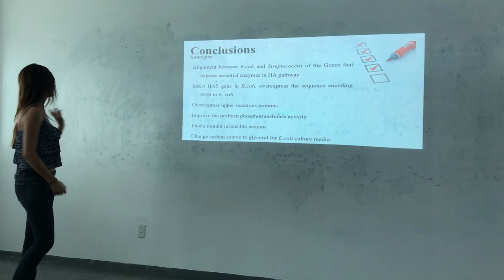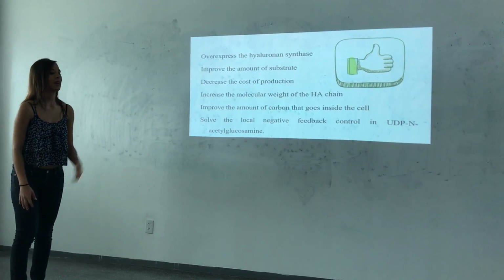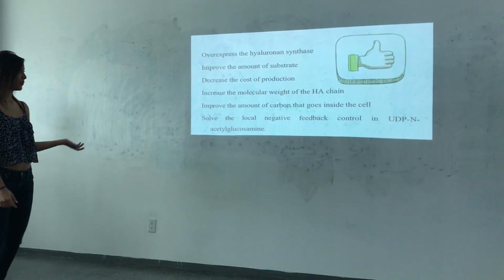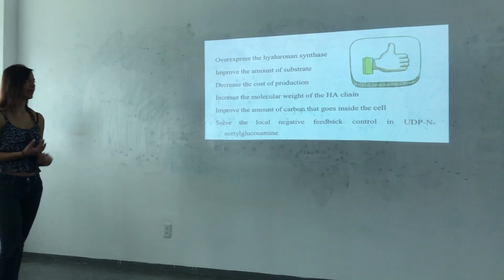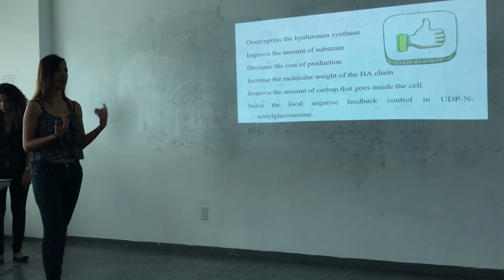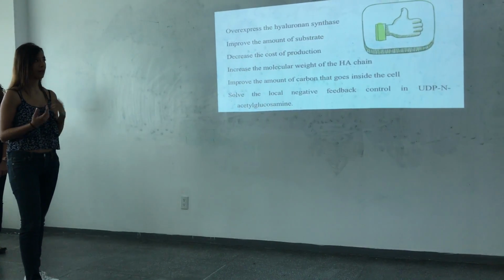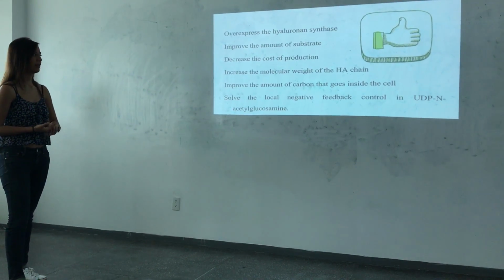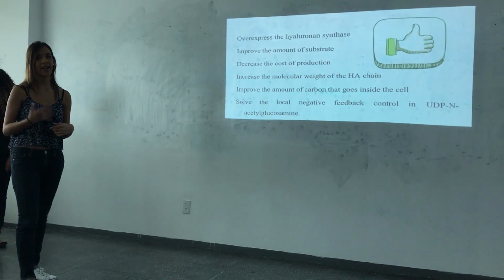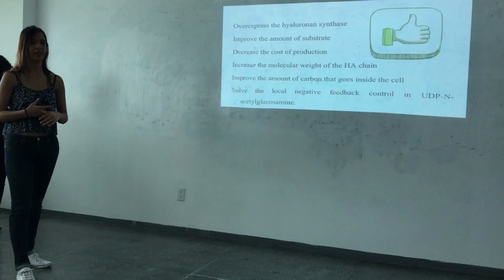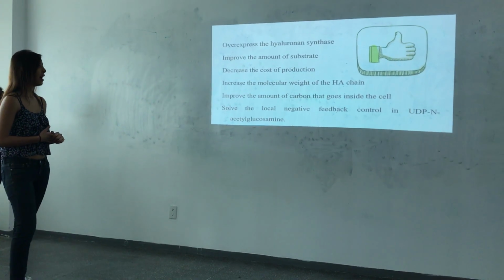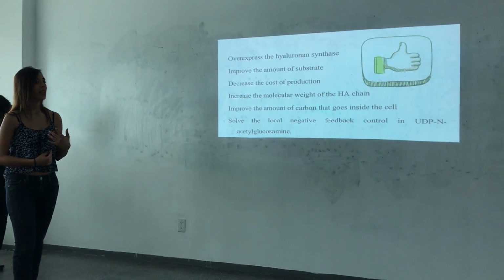All of this with the objective of overexpressing the hyaluronic synthase, improving the amount of substrate, decreasing the cost of production, as Mike said about the carbon source, and also increasing the molecular weight of hyaluronic acid, given the several applications that a high molecular weight hyaluronic acid has. Also improve the amount of carbon that goes